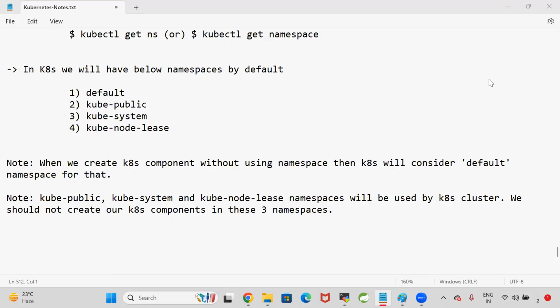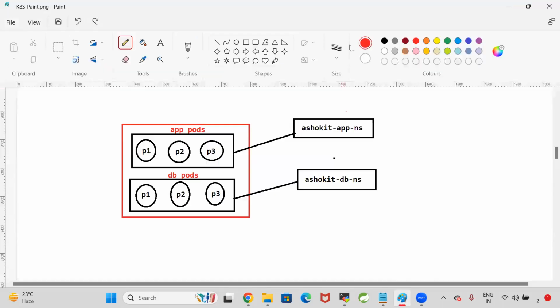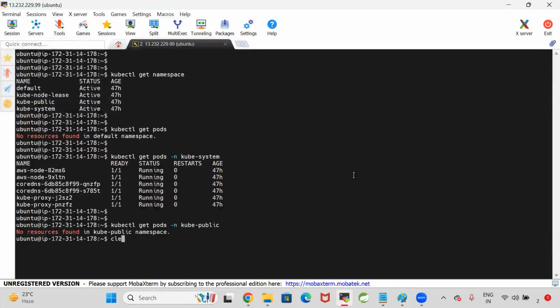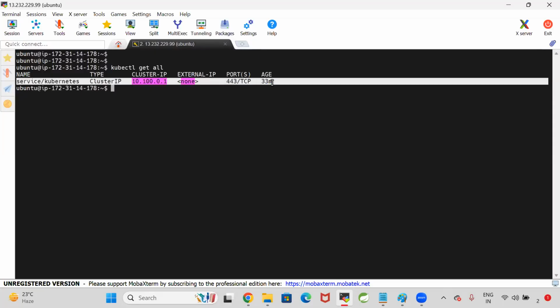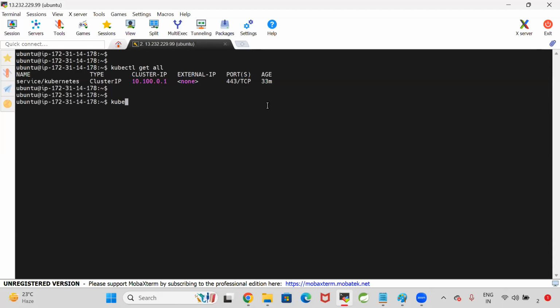Namespaces are used to group our pods logically. We can group our pods logically by using namespaces. Now observe, I'm executing a command called kubectl get all. When I execute kubectl get all, what is it doing? It is giving only one service. Now, if I go for kubectl get all -n kube-system,